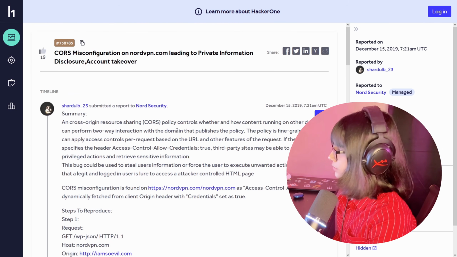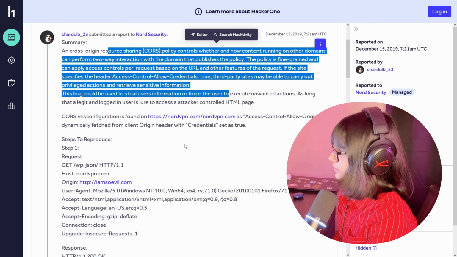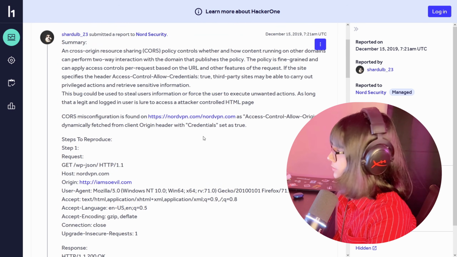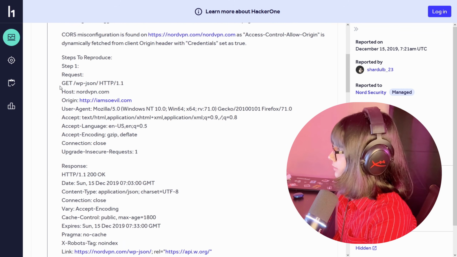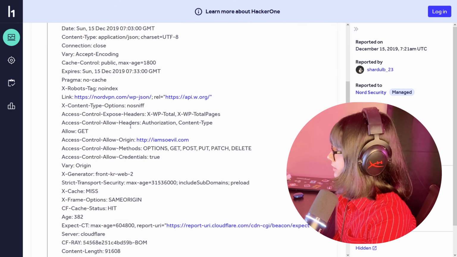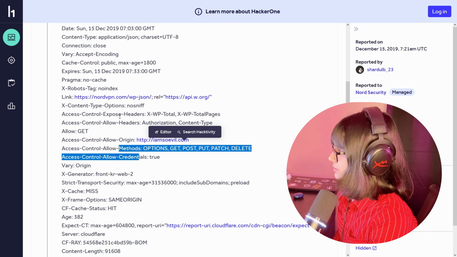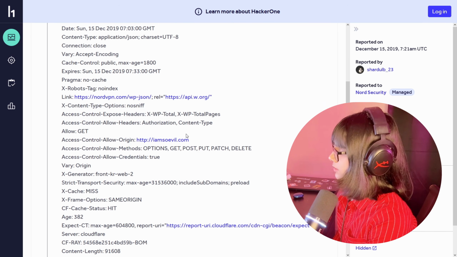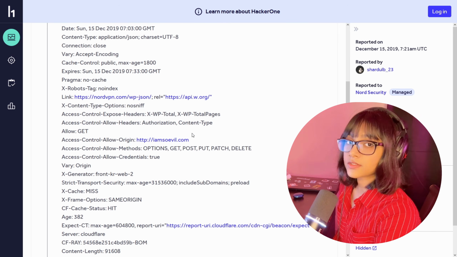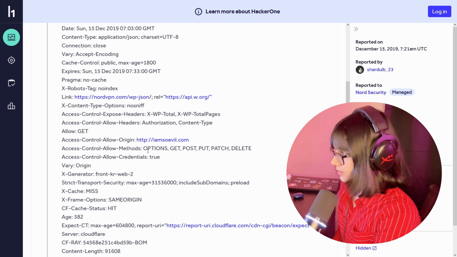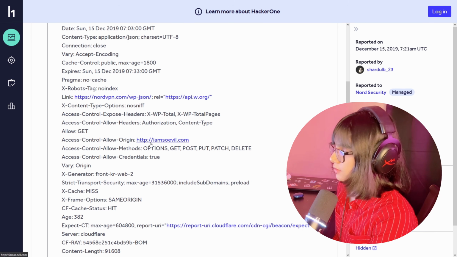Okay, so some basic definition, but we already know that. So let's move to the steps to reproduce. We have the request here, GET wp-json. Okay, in the response we have this, and we have Access-Control-Allow headers: origin, methods, credentials, and headers. So the one of our interest is Access-Control-Allow-Origin, and it contains this value